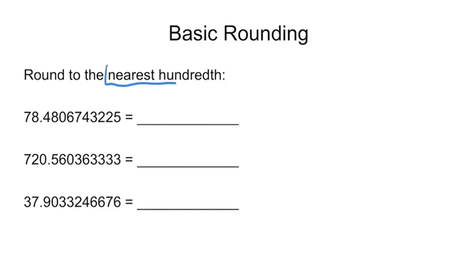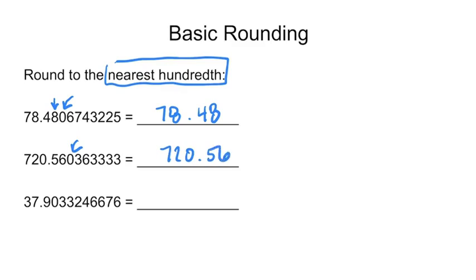And now I am being asked to round to the nearest hundredth value, and that's this number here, so I'm going to look at this 0 in this case. So that would give me 78.48. I'm going to look at this, another 0, 720.56. And I'm going to look at this 3, and that's